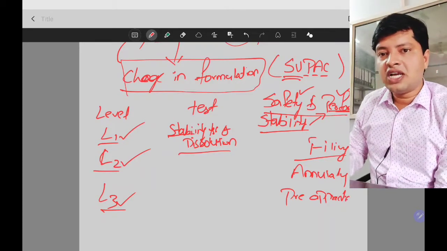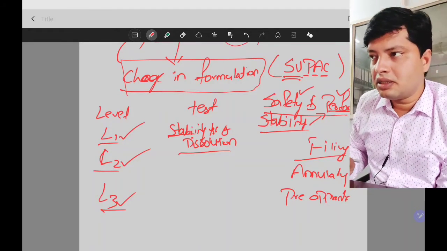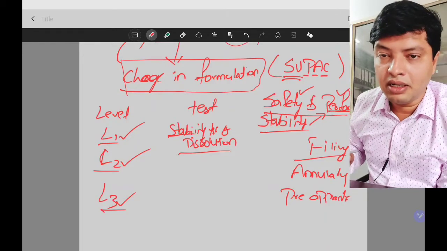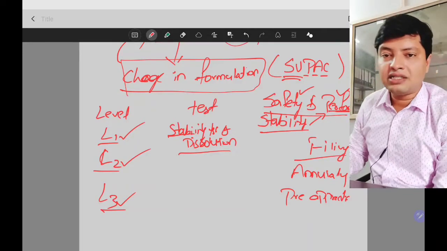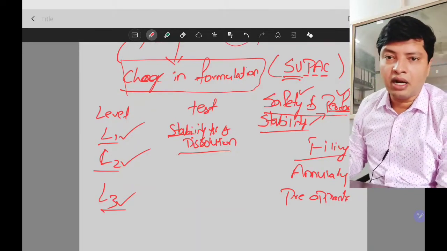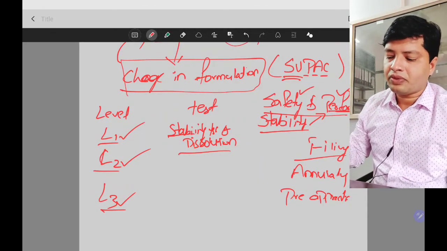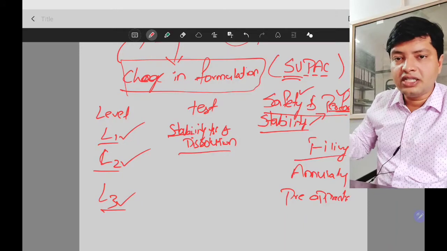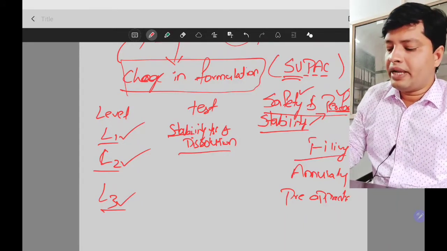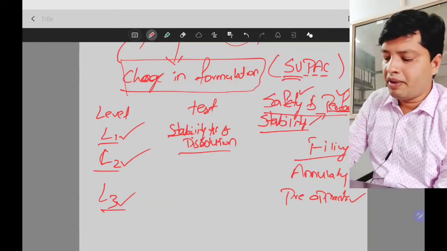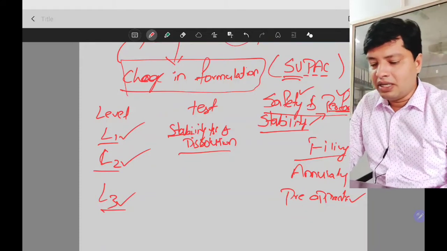If the change is a major change, if you want to change any polymer in the dosage form, and that polymer has more effect on the dissolution pattern of the dosage form, in such a case you need to pre-approve that change and you need to file it. Okay, so these types of filings are there, pre-approved filing and filing annually.